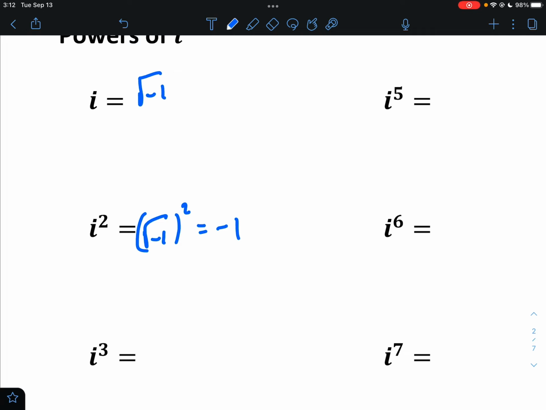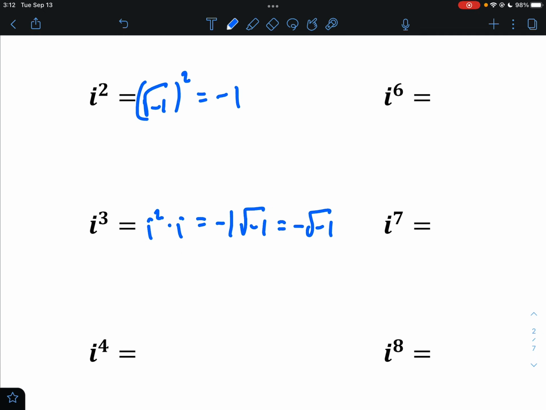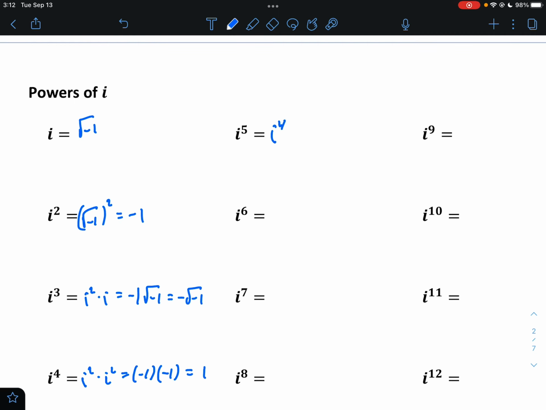i cubed would be i squared times i, which is negative 1 times root negative 1, or just negative root negative 1. i to the fourth is i squared times i squared, or negative 1 times negative 1, which is 1. If we keep going here, i to the fifth would be i to the fourth times i, which is 1 times root negative 1, or just root negative 1,